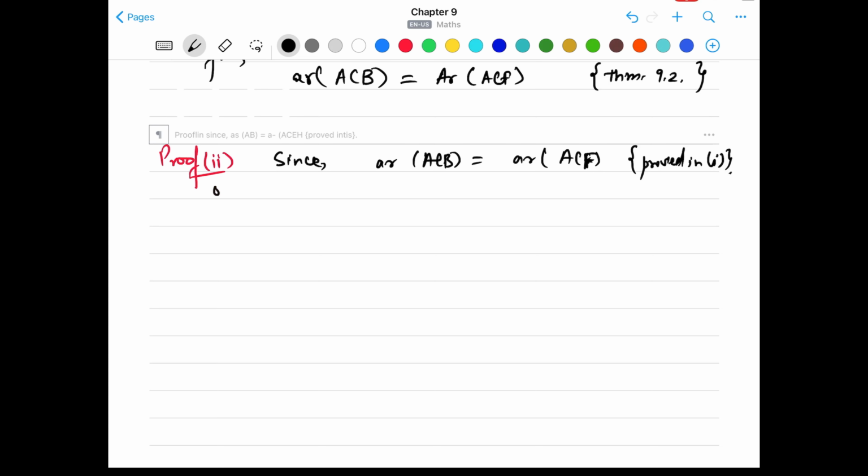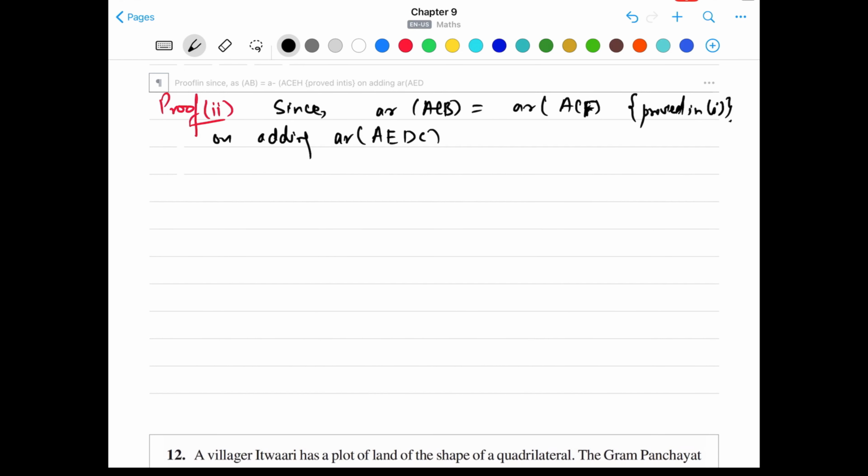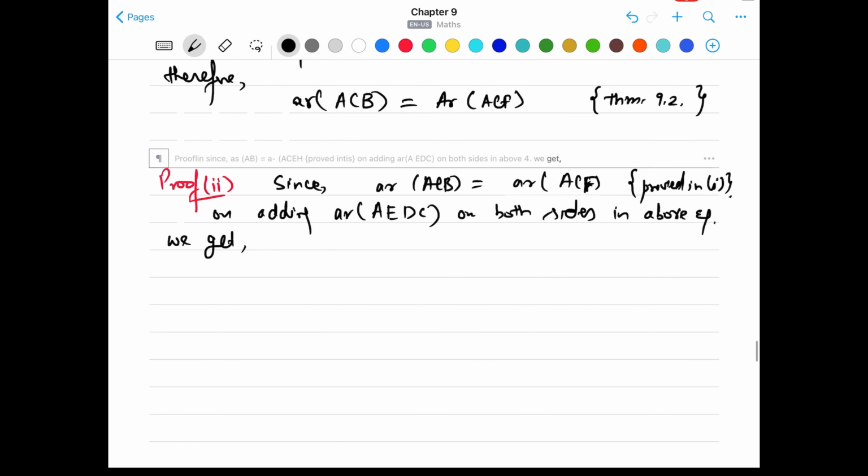Okay, on adding the area of figure AEDC on both sides in the above equation, we get,